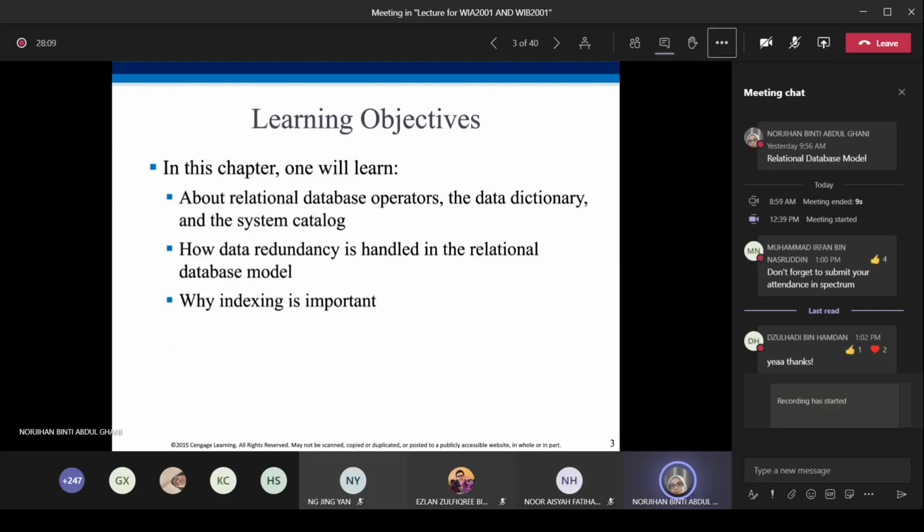Then you will learn about relational database operators such as the data dictionary and system catalogs, how data redundancy is handled in the relational database model, and what indexing is and why it is important in a relational database model. These are the things that you will learn in chapter 3.